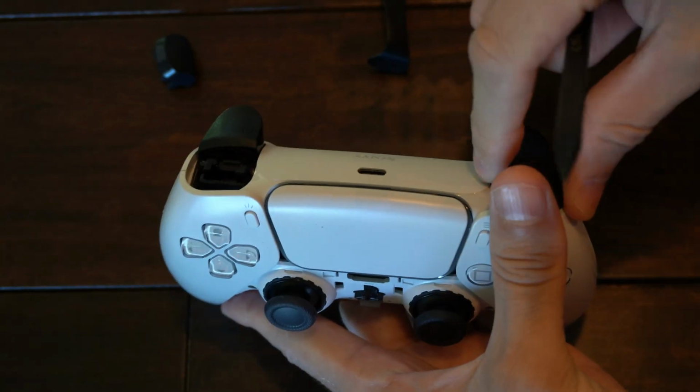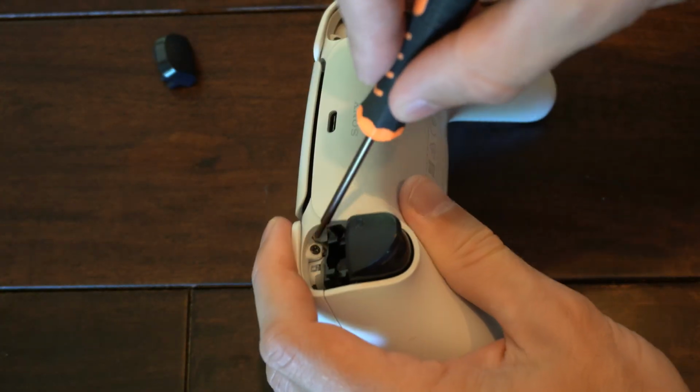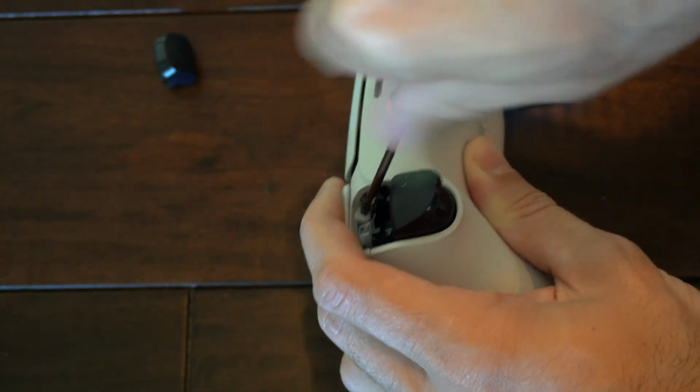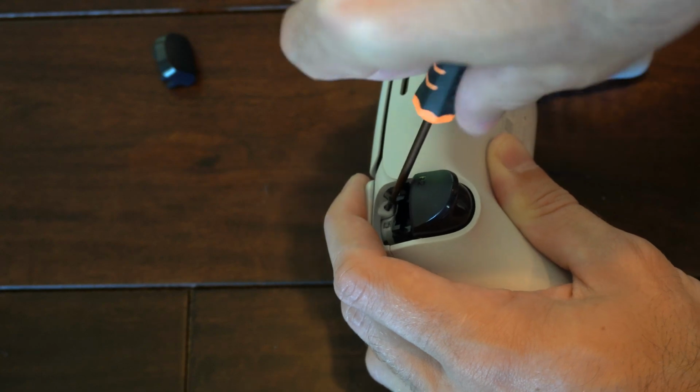So let's remove this one, and this will expose 4 different screws. One here, here, then 2 on the bottom. So let's remove all those right now, and this shouldn't take too long. Now I am using a magnetic screwdriver, so the screws stick to it,